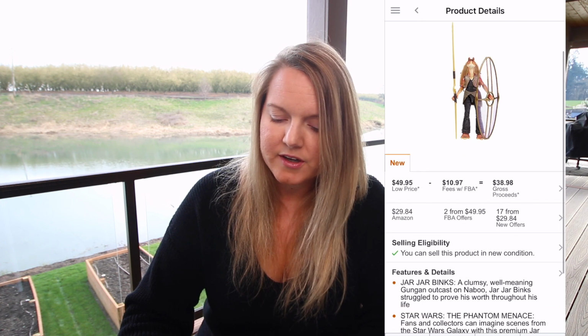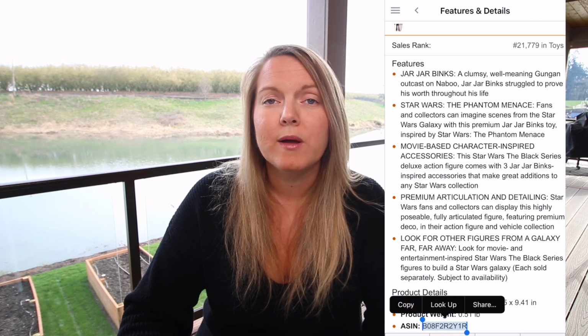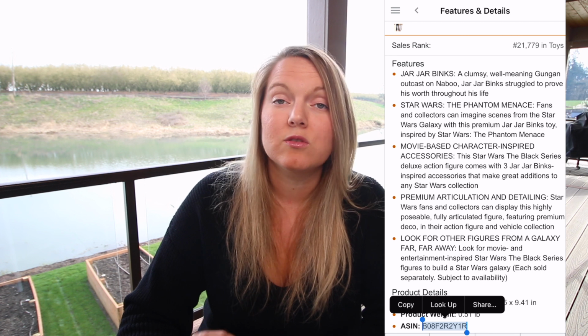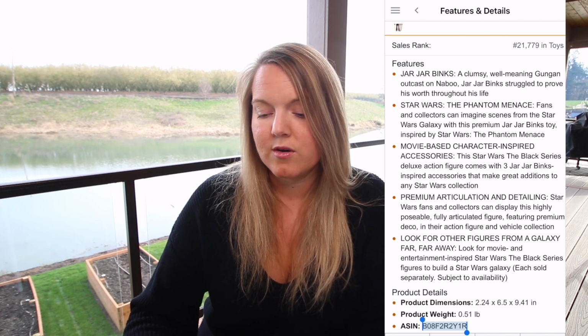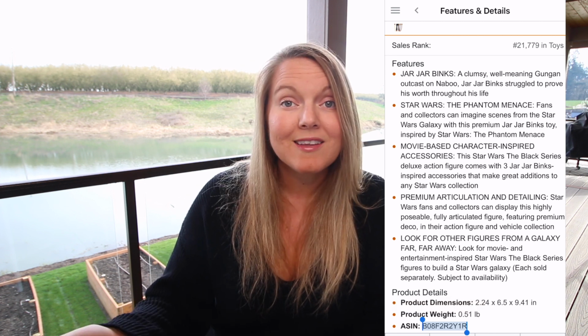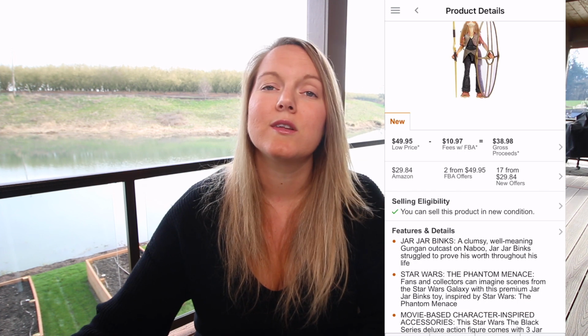Another feature here is you'll click through, and this is where you can get the ASIN right here. So you just copy it if you want to use apps or the web service Keepa. That's what I do in stores. I just use Keepa. So that's what I do, copy it. Also, if you're in my BOLO group, that's how you get the ASIN to share. So that is just a really quick little walkthrough of the scanning app I use. Again, that's the Amazon Seller app. It's free with your Amazon selling account.